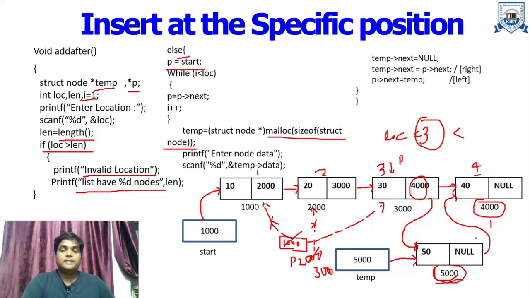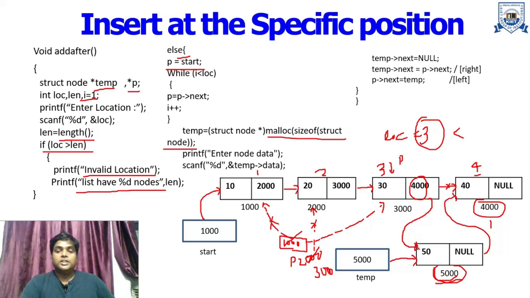What is the reason behind that? If you performed this connection first, then when you perform this connection, this node will be connected to this node, so now the connection of this node gets terminated. So the information of this particular node will be completely lost. Okay, so whenever we want to insert a particular node at a specific position, first of all we have to perform the rightmost connection and then we perform the left connection.